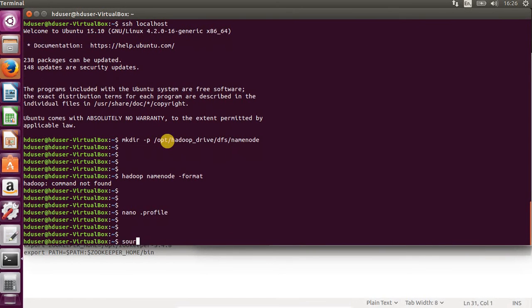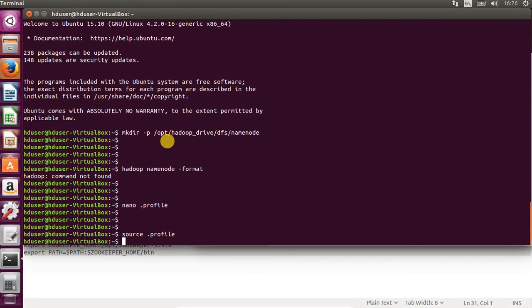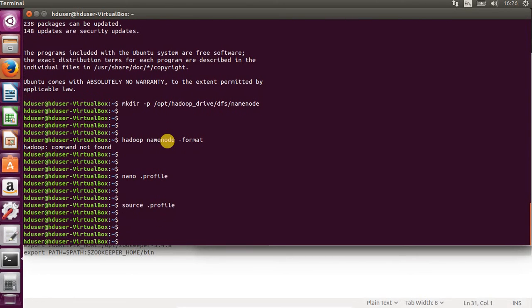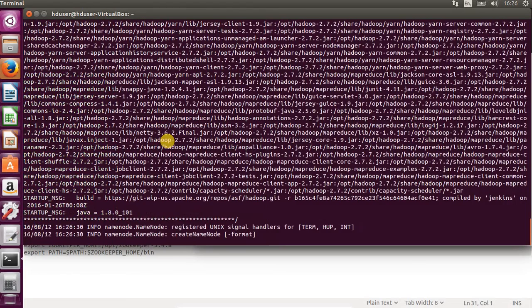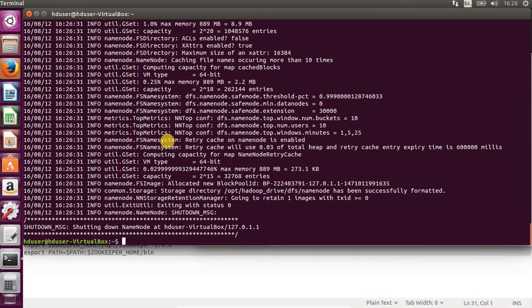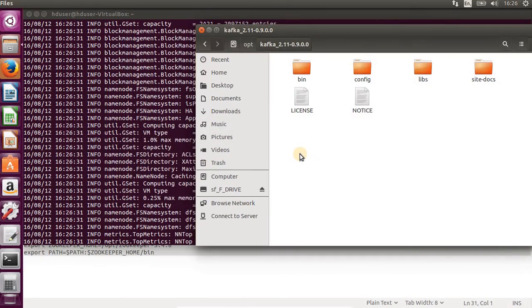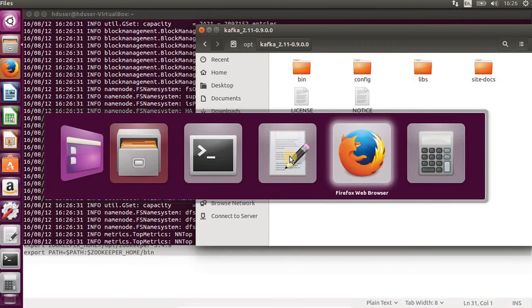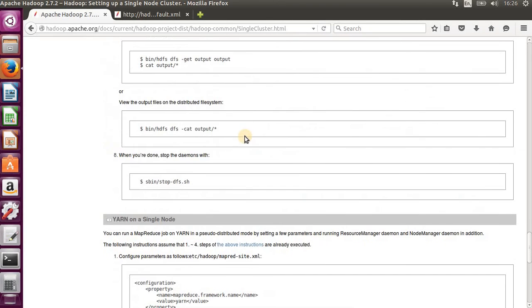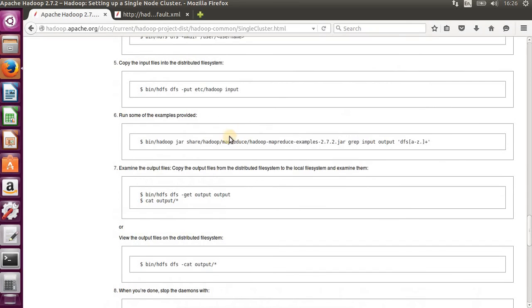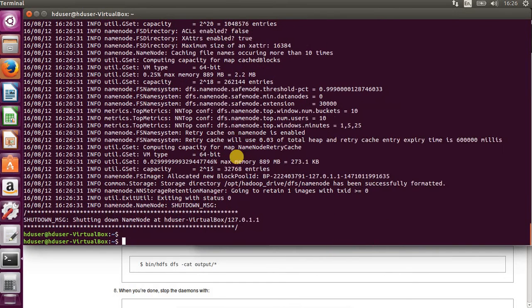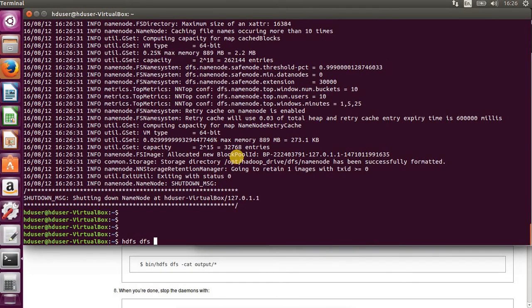Yes, source .profile, and so we have it now. We have configured environmental variables, so we can try now and run that Hadoop command. Good. So we have formatted the name node, and we can now check it and see if we have files in HDFS. Obviously, we shouldn't because we did not put anything there. hdfs dfs -ls